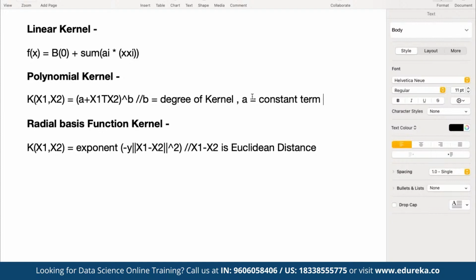So here we have linear, polynomial, and then radial basis function. There are multiple use cases of the radial basis function kernel as well.